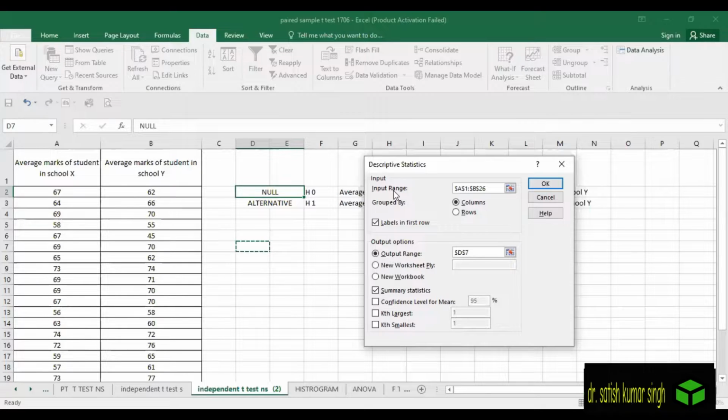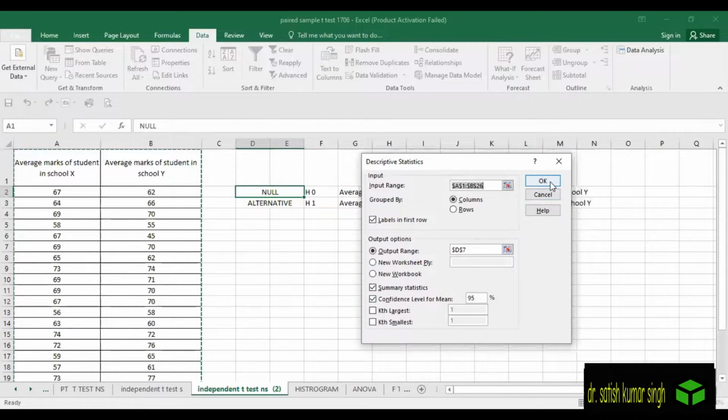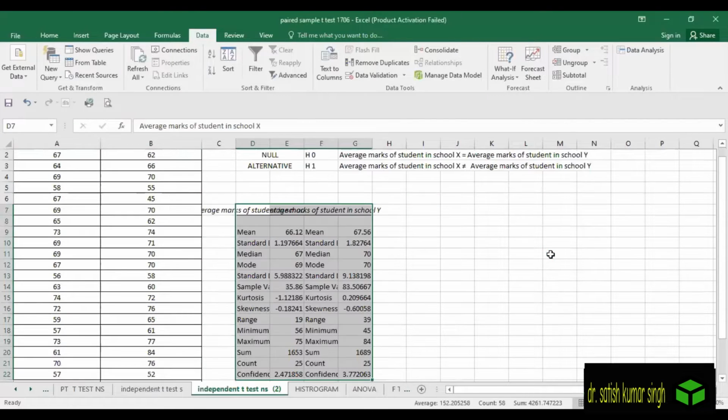Check again that everything is in order. This is our data in columns. Label was in first row. Output range we have defined. Confidence level for mean is 95%. Check it and just press OK. So here are the results with us.